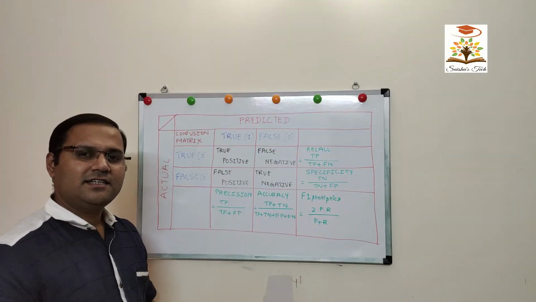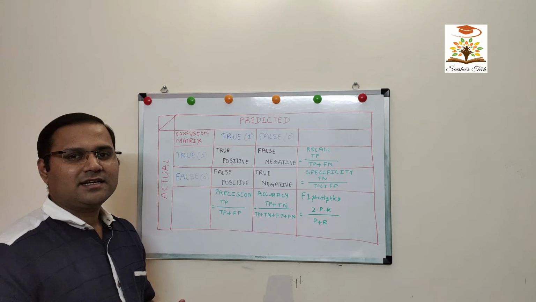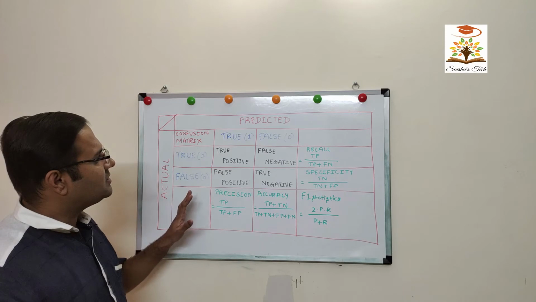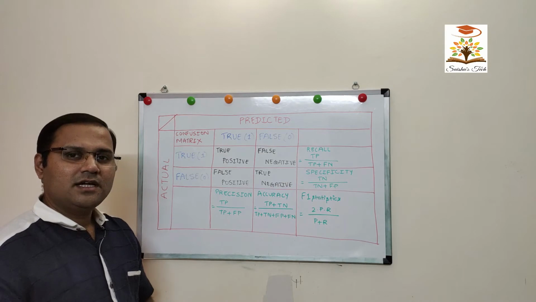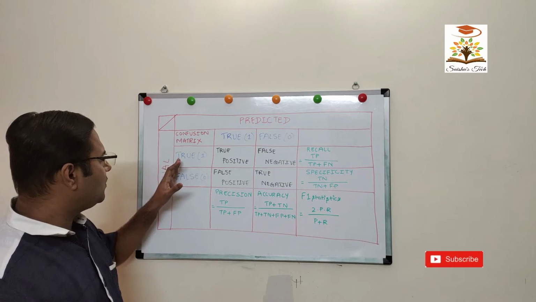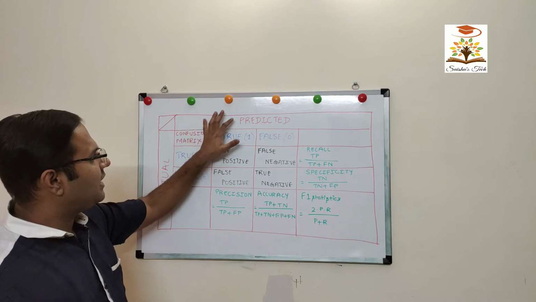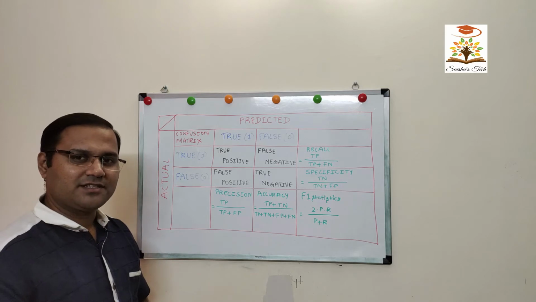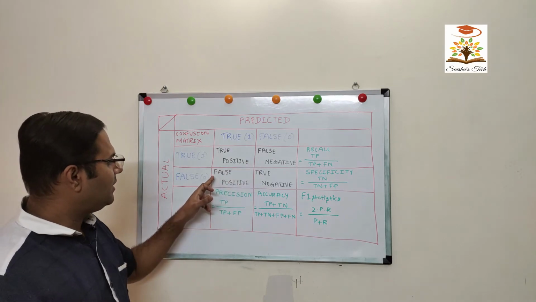As we were understanding in the introduction, the confusion matrix is a tool for evaluating the performance of classification models. Here, this table represents a detailed confusion matrix with all the metrics of evaluation. The rows represent actual true and actual false, and the columns represent predicted true and predicted false. There are four key terms of the confusion matrix: true positive, true negative, false negative and false positive.